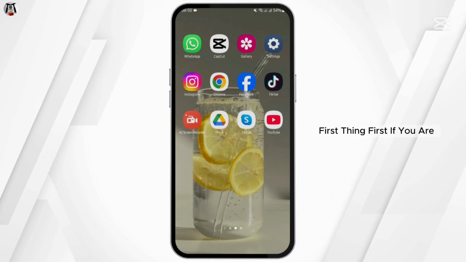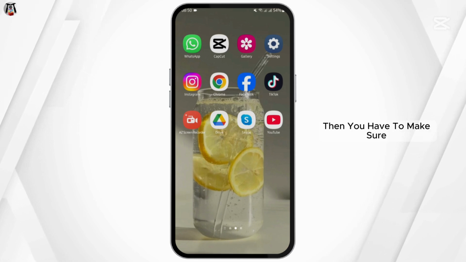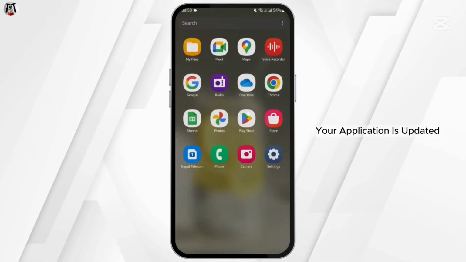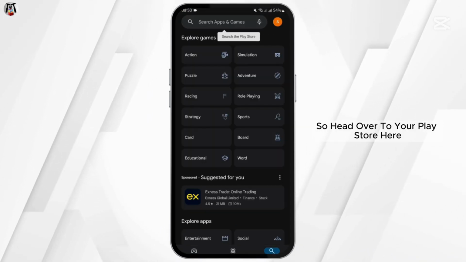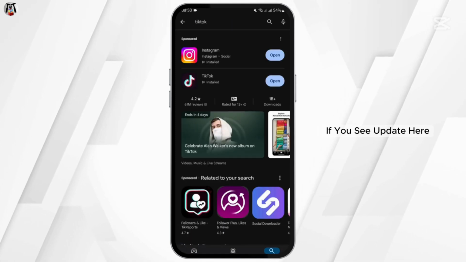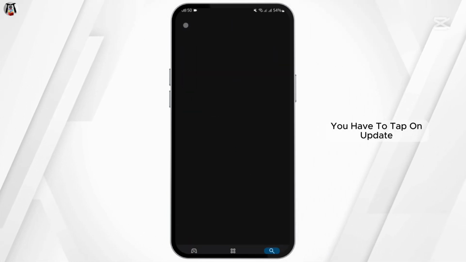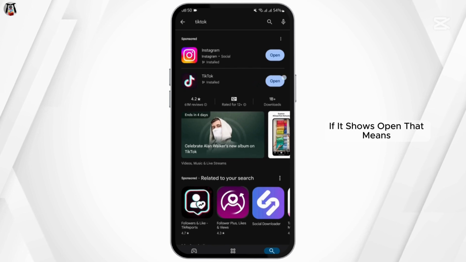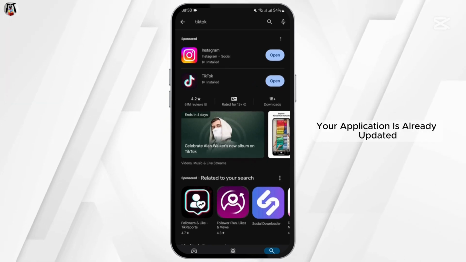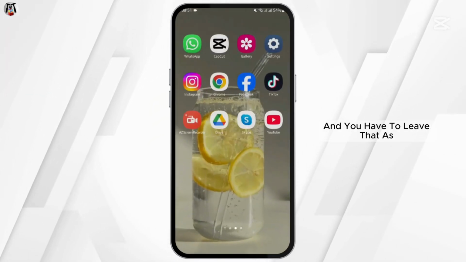First thing first, if you are being shown that error, then you have to make sure your application is updated. So head over to your Play Store. Here, simply search for TikTok. If you see update here, you have to tap on update and update your app. If it shows open, that means your application is already updated and you have to leave that as it is